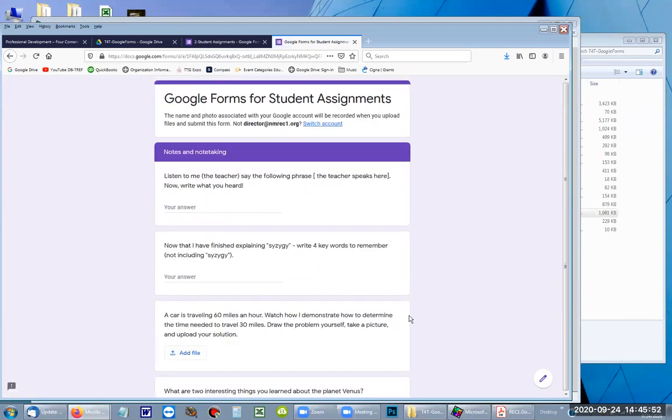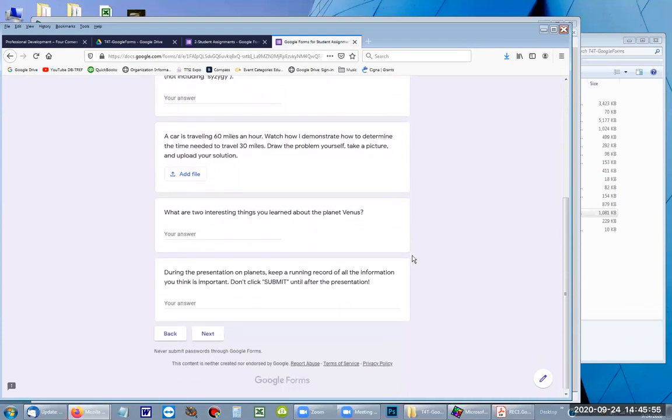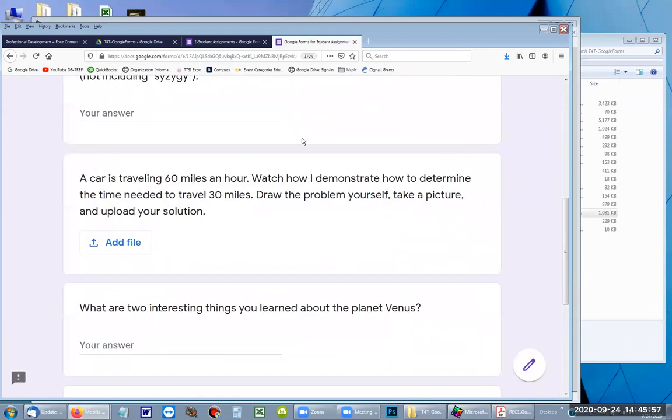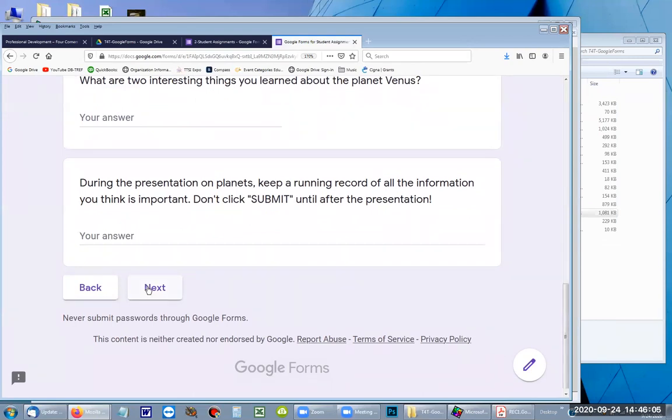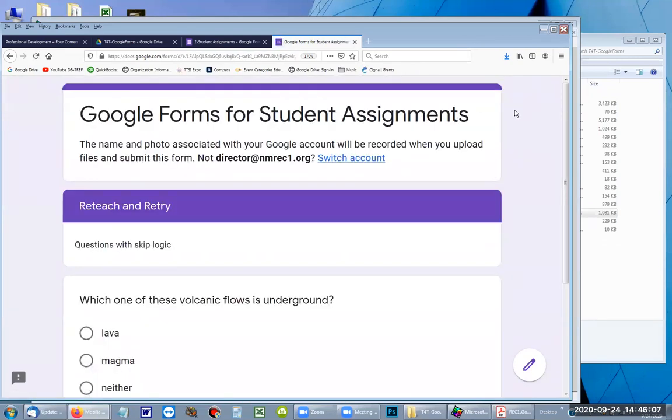We did, see, here's the one with the questions about showing your work. Draw the problem, take a picture, and upload your solution. So that's where those files came from. So we got through that. Next. All right, so now this is where we left off yesterday, and this was actually a really good stopping